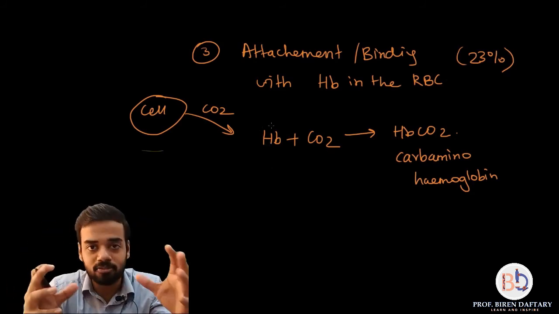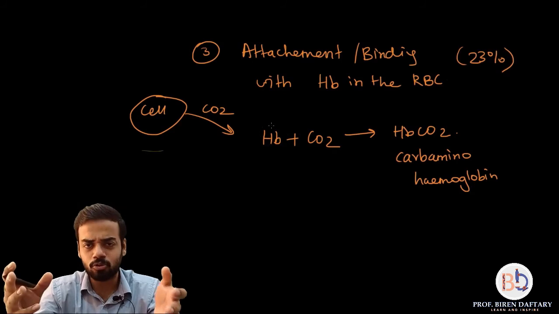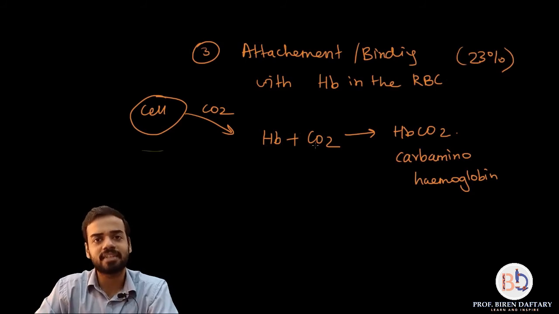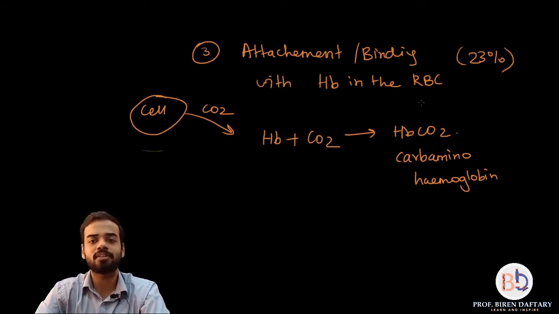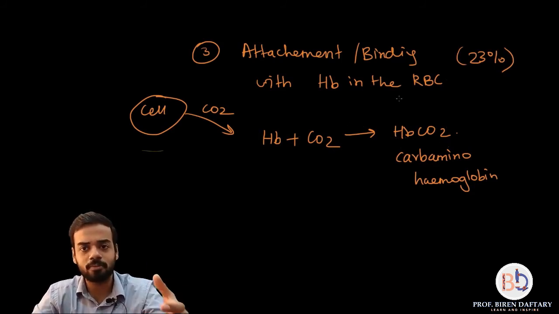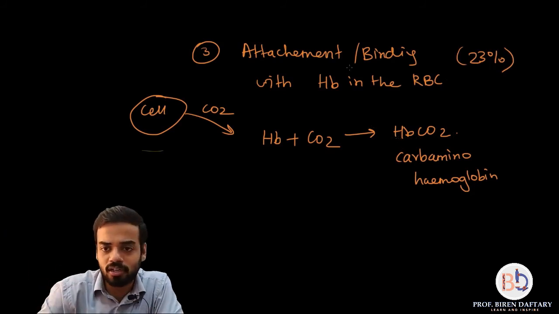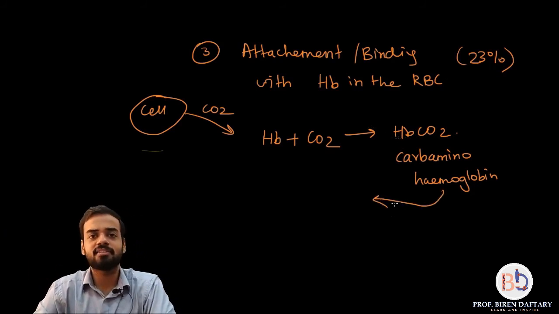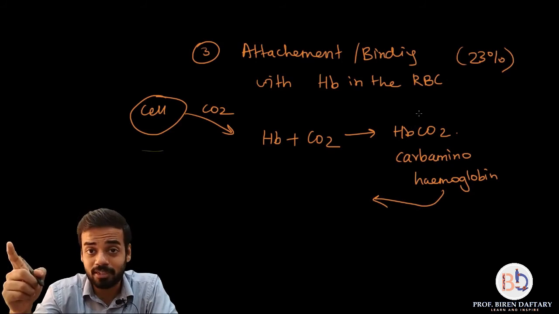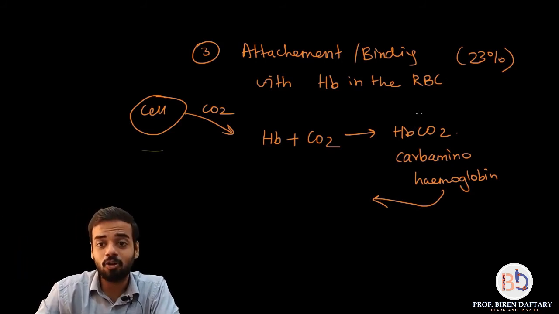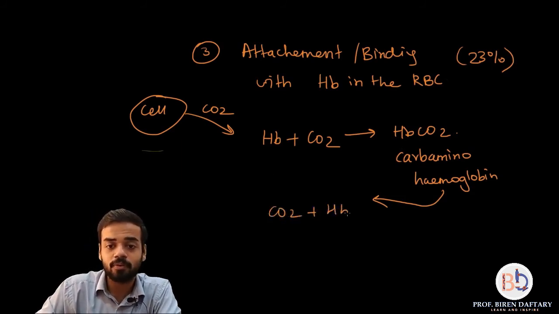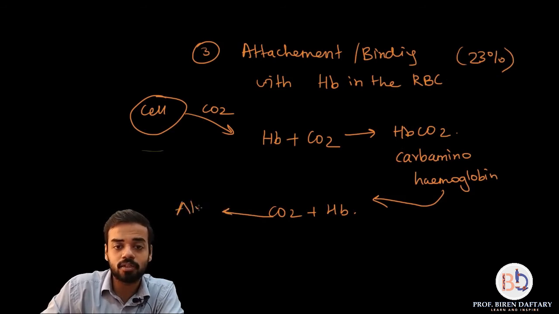See, hemoglobin is a very complex molecule. It has got iron, it has got amino groups. So the amino group in this hemoglobin, to that amino group this carbon dioxide attaches, and it is called carbaminohemoglobin. The molecular formula is HbCO2. So this HbCO2 is formed in the blood. Now as this blood goes to the lungs, again the reverse reactions occur in the pulmonary capillary. Since you know that the partial pressure of oxygen is 104 millimeters of mercury, that high partial pressure will cause this bond to break, and HbCO2 will break into carbon dioxide and Hb. Okay, and this carbon dioxide will be given into the alveoli.